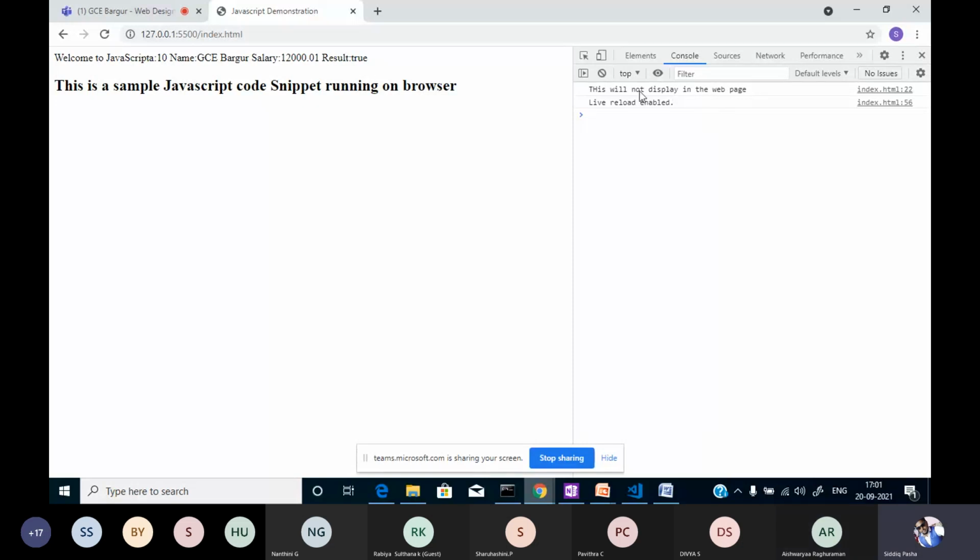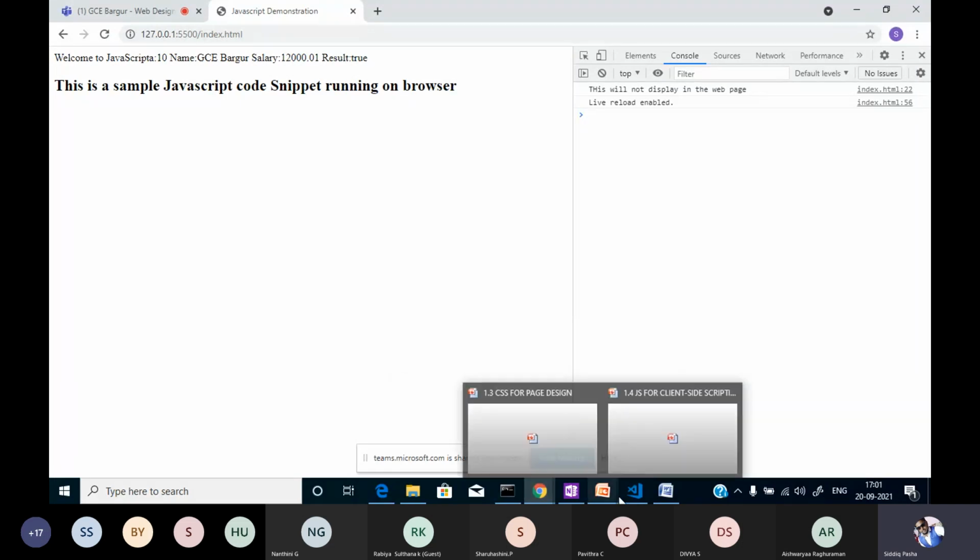If you add some more console statements, they will be displayed in the console. So these are certain inbuilt functions which can be used for displaying particular text, for displaying the output, right? Now what I'm doing is I will apply some styles, then I'll see whether it is applicable or not there.